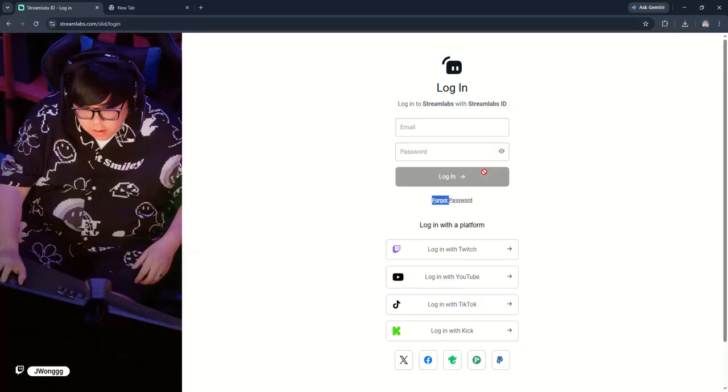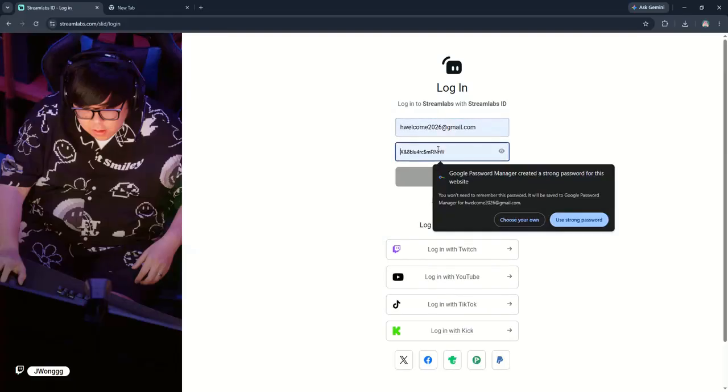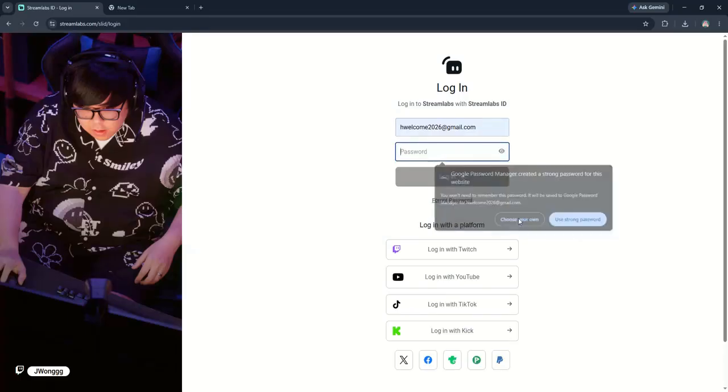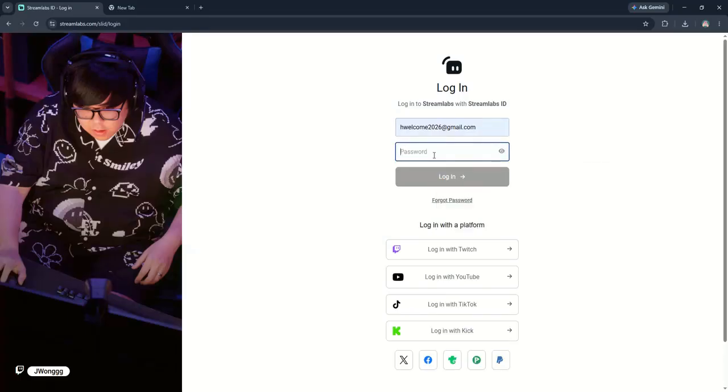If you prefer using social media accounts like YouTube, Twitch, or Facebook, Streamlabs allows you to log in that way too. Simply click on the respective platform's icon, such as Login with Twitch or Login with YouTube, and follow the prompts to authorize access. Make sure you have your social media account credentials ready, as you might need to confirm your identity. Once you've logged in successfully, you'll be redirected to your Streamlabs dashboard where you can start streaming or